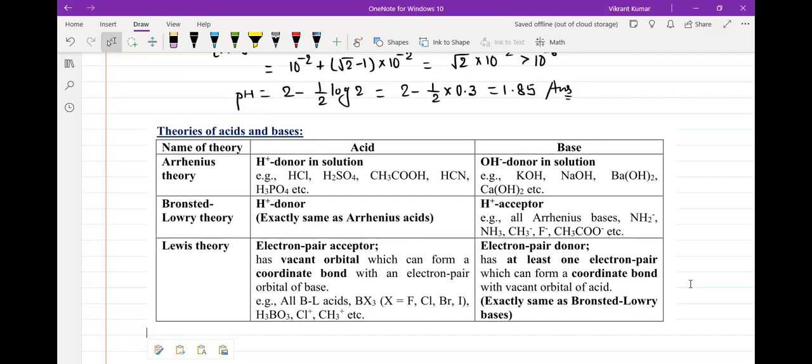What is so special about OH minus so that it can act as a base? In neutralization, OH minus is reacting with H plus. That means it is forming a bond with H plus. Now H plus has a vacant orbital, and anything which has a lone pair will form a bond with H plus. So the base definition was modified in this theory, and it says anything which can accept H plus or which is a lone pair donor